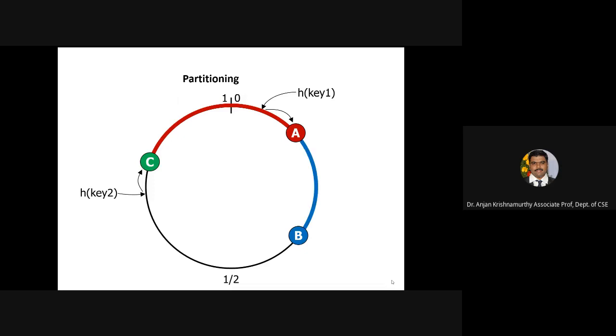Then you also have B, which is also connected to A, which can store any amount of data. Then you also have C, which can discover itself with B, right? So then there is a complete partitioning which is allowed. One partition stays in A, the other partition stays in B, C. The B node, which is there in this particular ring, is left out with no partitions. So what is basically done?